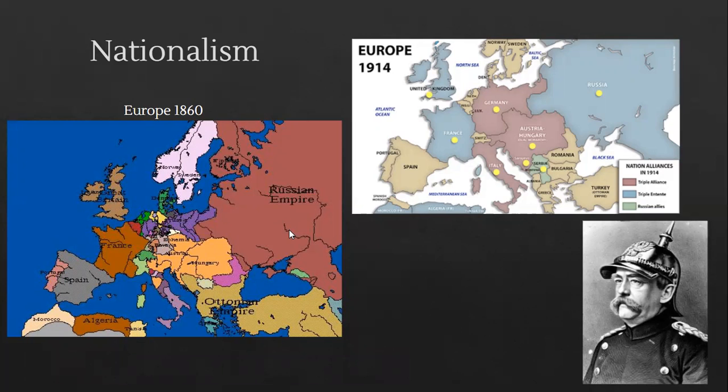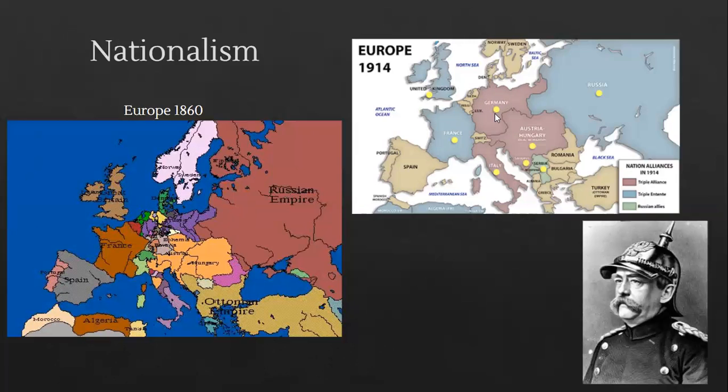There is one figure in European history, though. We don't hardly talk about him here in the United States, but he is extremely important to understand how World War One came to be, and that is Chancellor Otto von Bismarck. He was Prussian, okay, lived here in Prussia, but he was the one that united all of these little kingdoms into one Germany, okay? And not only did he unite Germany, but he also wanted to protect Germany, especially from France. He really disliked France because of what Napoleon had done, right? Napoleon, just about 50 years earlier, had tried to take over all of Europe twice.